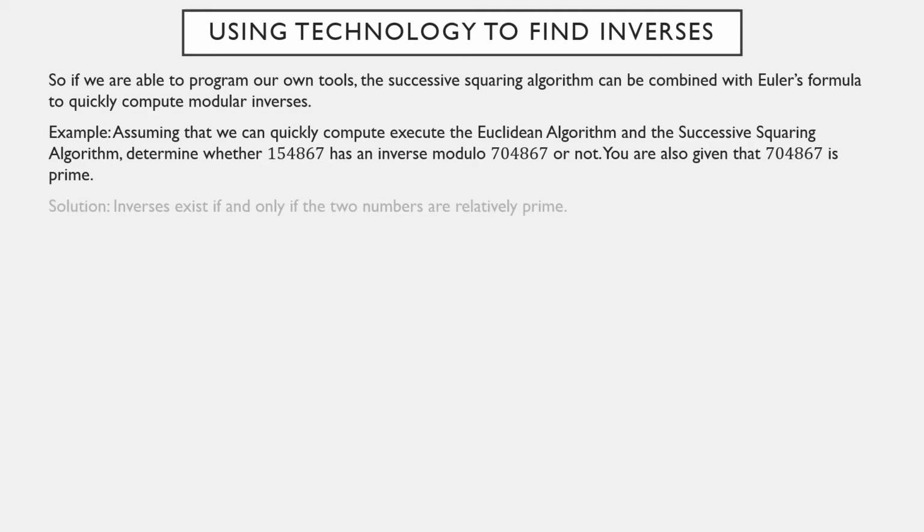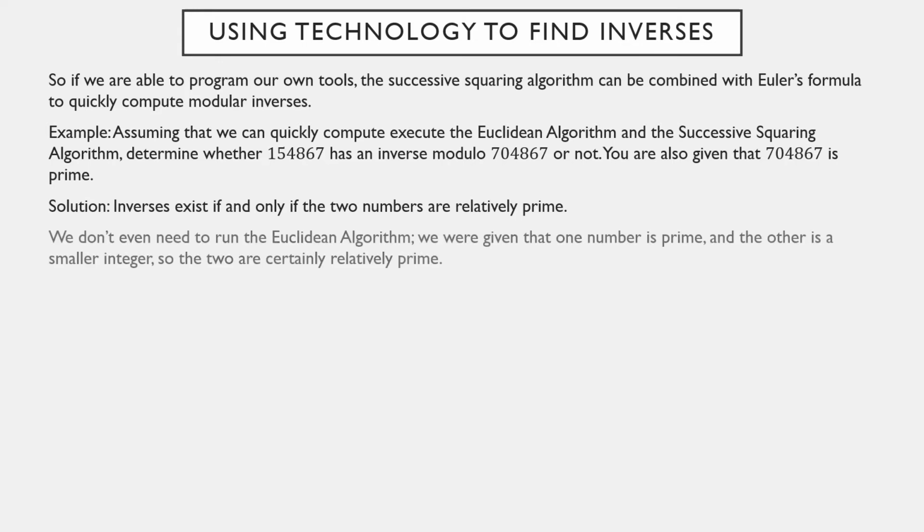We are actually given here that 704,867 is prime. Well, inverses exist if and only if the two numbers are relatively prime. We don't even need to run the Euclidean algorithm to determine whether these two are relatively prime. In general, we might have to. We were given that the base is prime. The other is smaller than that, so it's definitely relatively prime to it. Therefore,